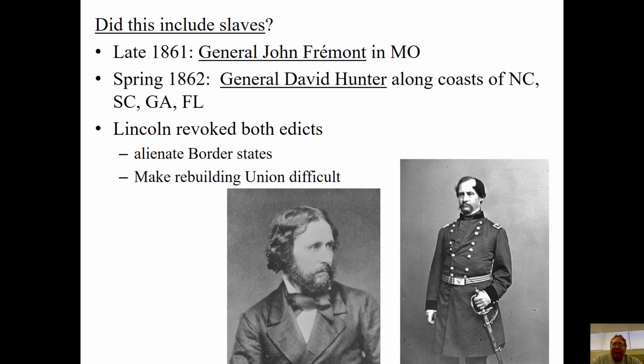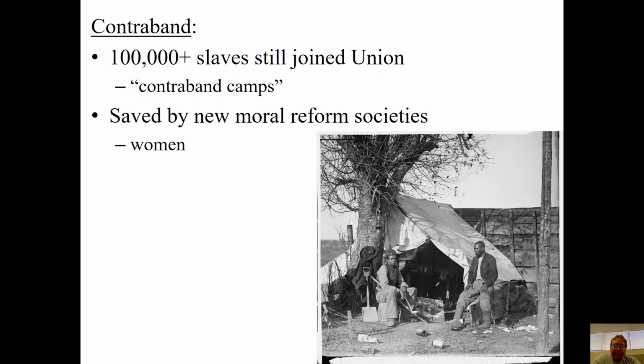But after a year and a half of fighting, Lincoln understands two things. First of all, Northerners are starting to get the idea that slavery is really the thing that has to be dealt with here. And the other part of it is that the fight has gotten too deep and it's lasted too long. It's not going to be easy to bring the South in anyway. So you might as well use all the resources you've got. And the numbers here are starting to get staggering, right? This is an issue that can't be ignored any longer.